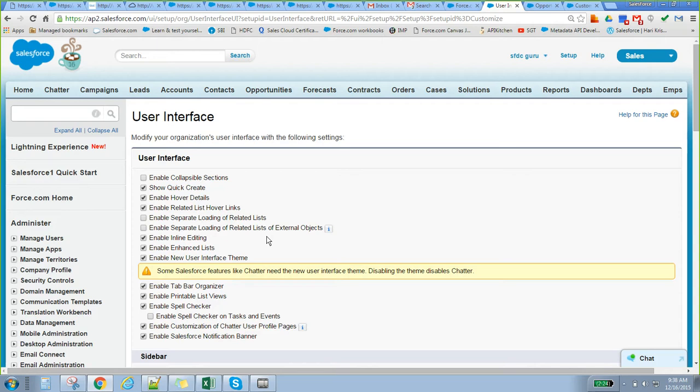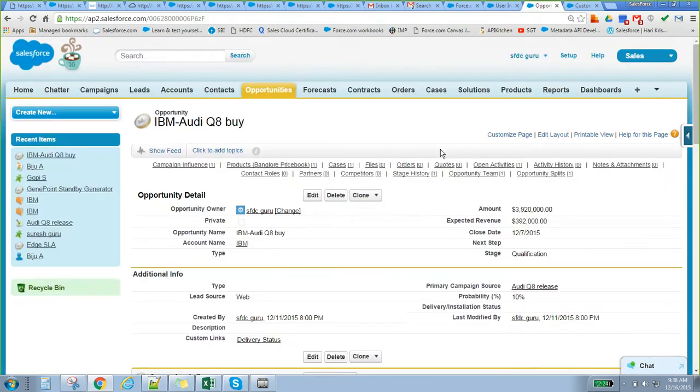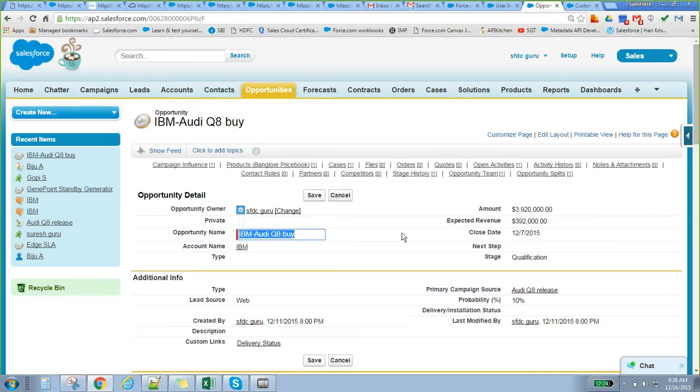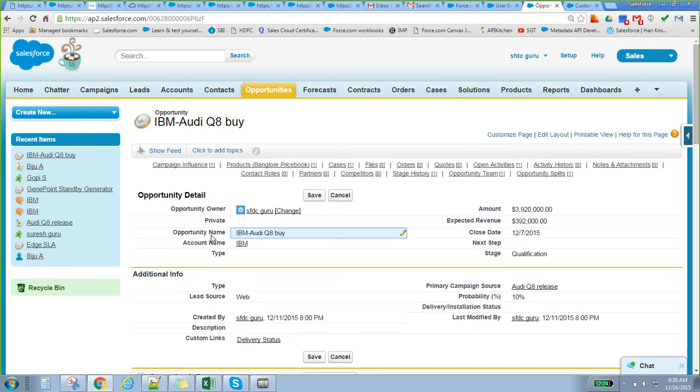Okay, enable inline editing. What is enable inline editing? If you go to any object and put the mouse on a field, you can see a kind of pencil symbol right there. If you double click on it, we can edit that record. This is what we call inline editing. For that line itself we can edit.